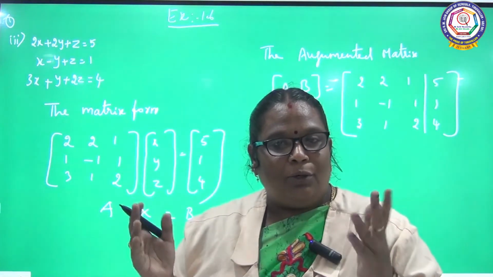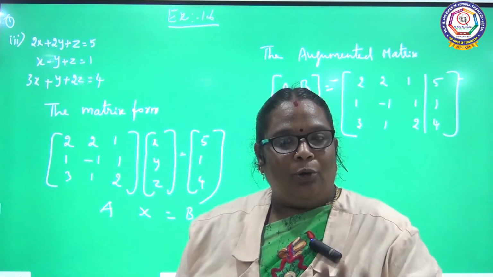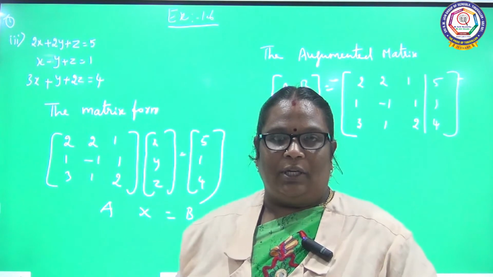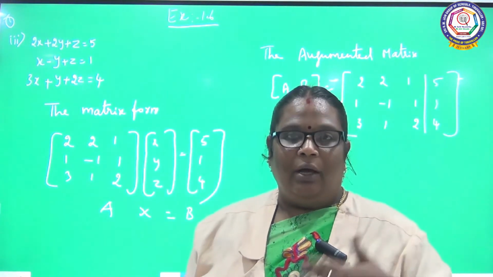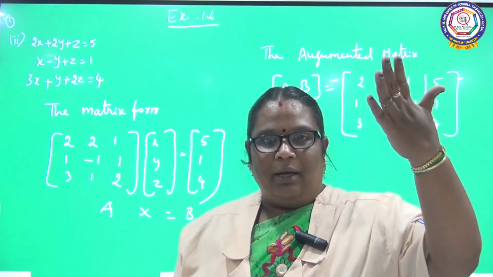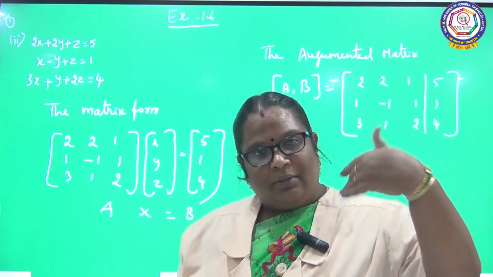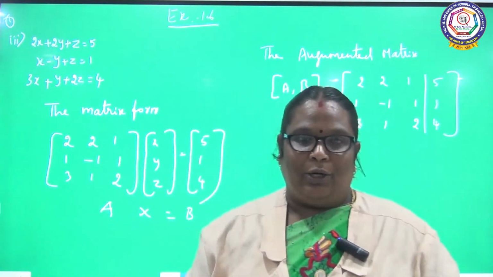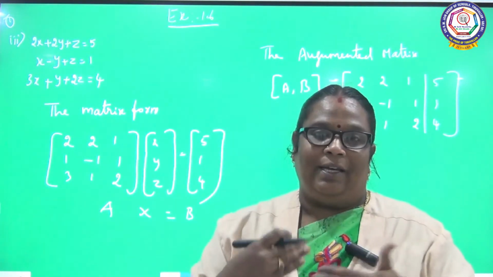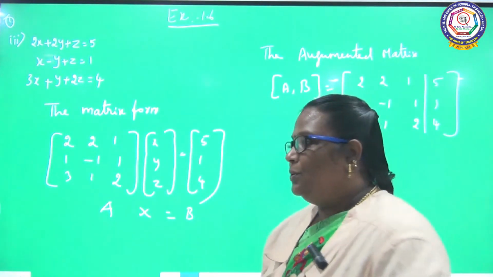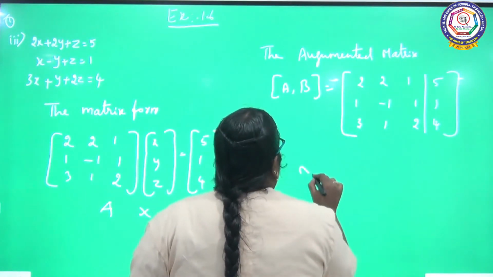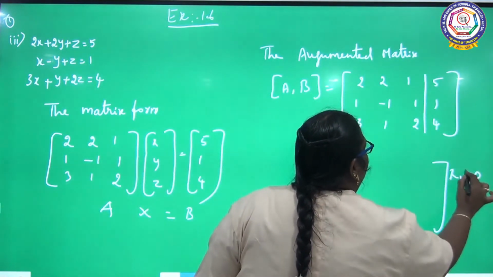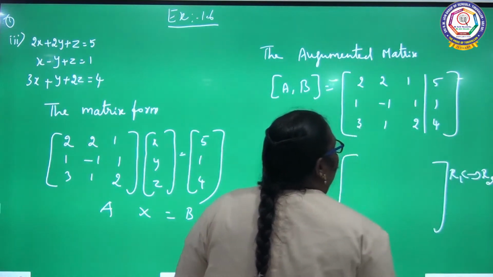If it is not there also, no problem. You know very well how to do the elimination method; you studied it in 10th itself. The same way you can proceed. You cross multiply the values: whatever number is there in R1, you multiply by R2, and the same way R2's number is multiplied by R1. But luckily we have 1 in the second row, so we interchange R1 and R2. I am interchanging R1 and R2.